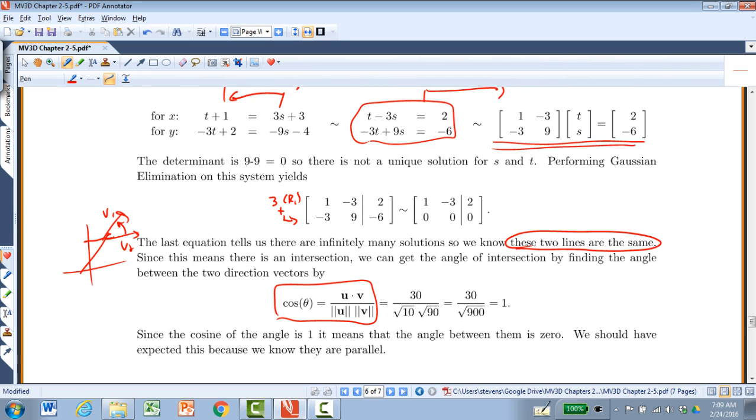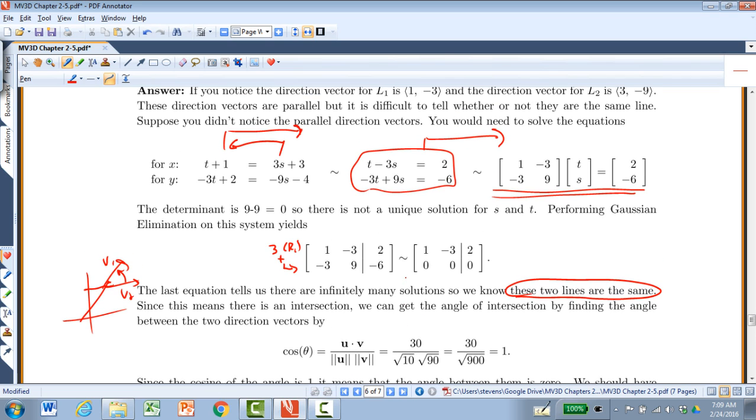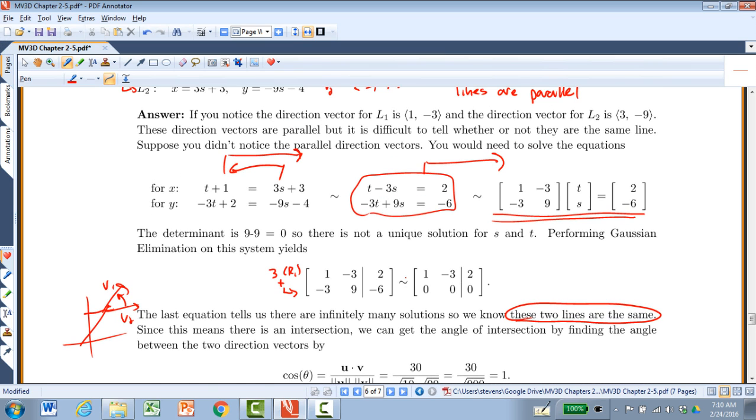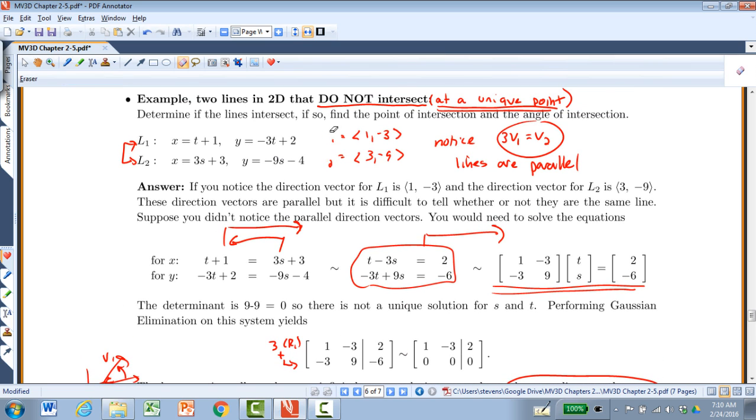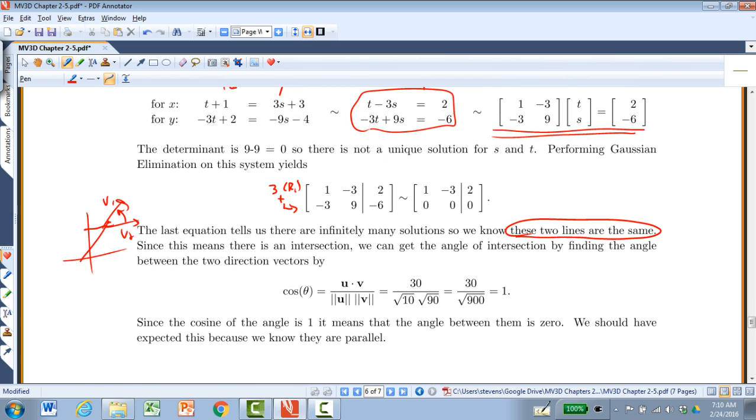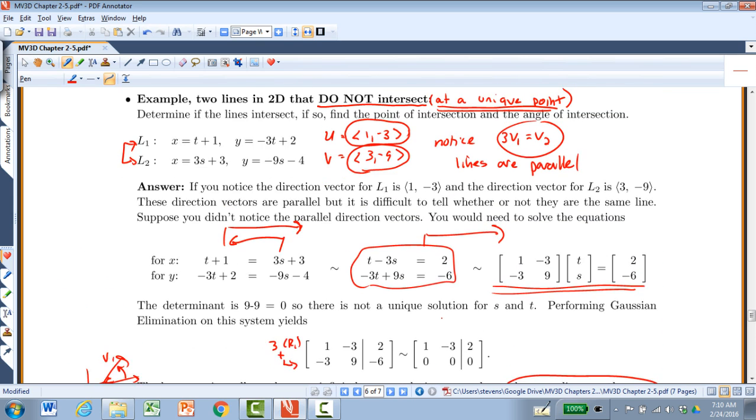And we use the cosine formula for the dot product to figure out what the cosine of the angle is first. And if you look at u and v up here, we got rid of them a second ago. Oh no, here they are. We'll call this one u and this one v. Alright, so the size of u is the square root of 1 plus 9. The size of v is the square root of 9 plus 81. So there's the square root of 10, square root of 90,